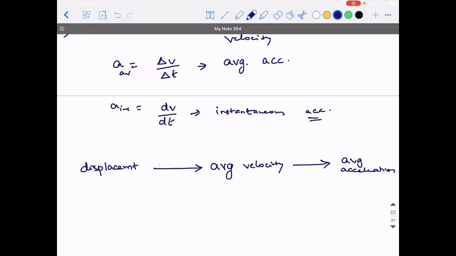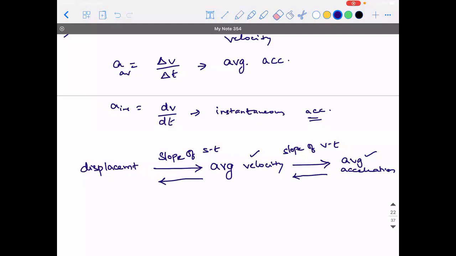Okay. So if I find the slope of displacement time graph, where S is displacement and T is time, the slope of displacement time graph will give me average velocity. Then the slope of velocity time graph will give me average acceleration. Clear? If I have to do the reverse, means I have average acceleration in my hand and I want to